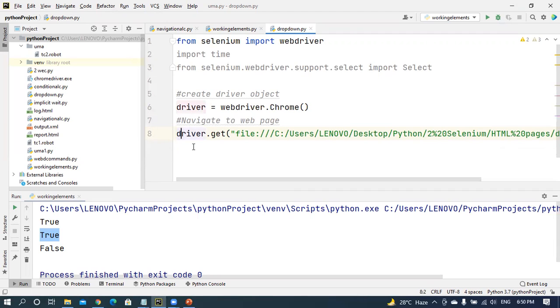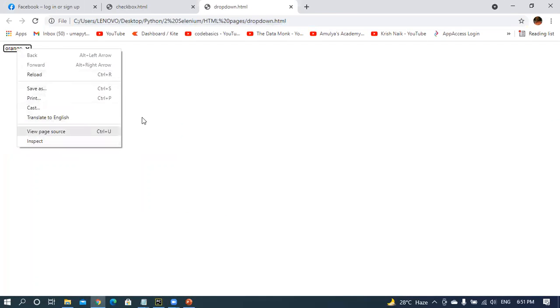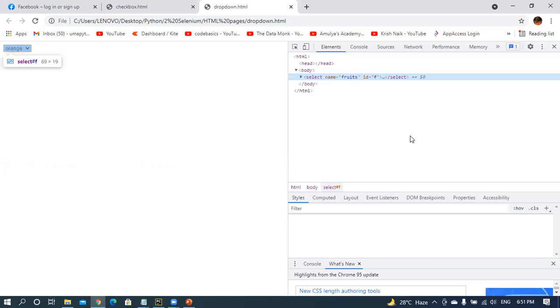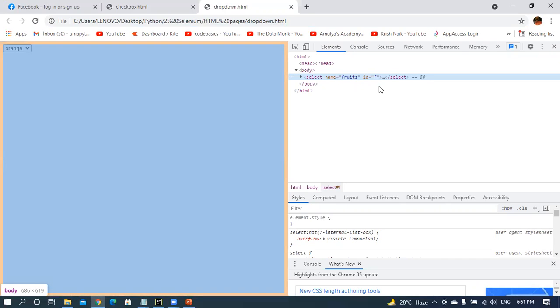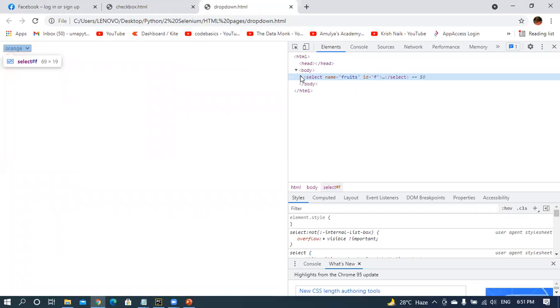After that, wait for this. Sometimes you may apply the sleep function. Now I am applying the first method here. What is the first method? Initially I'm going to identify the element. In order to identify this particular element, I'm going to inspect it. If I inspect this element, there is an id available, and if you open this one, there are values available.